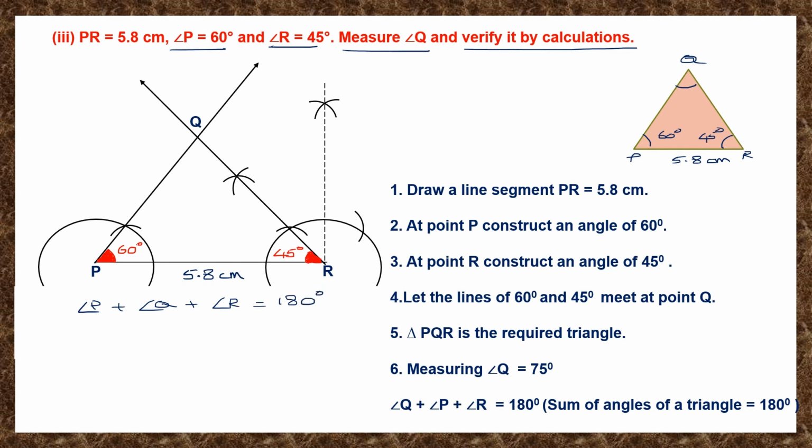So let's see, angle P is 60 degrees. Angle Q, with the help of the protractor, we found it out to be 75 degrees. And angle R is already given, 45 degrees. Let's add up all these. So when you add up 60 plus 75 plus 45, you will see that it adds up to 180 degrees, showing us that this is correct. So we have verified it. We have verified that the answer that we got by measuring with the protractor, angle Q is 75